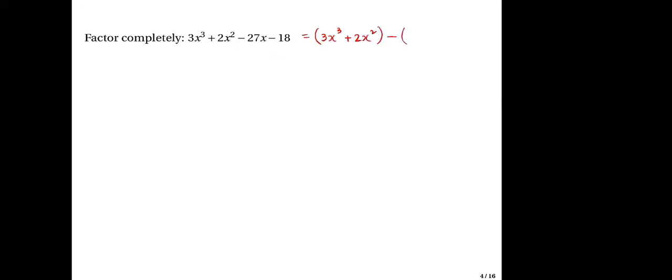So minus, and then 27x plus 18. Then we will have x squared times 3x plus 2. Then minus, and for this part,